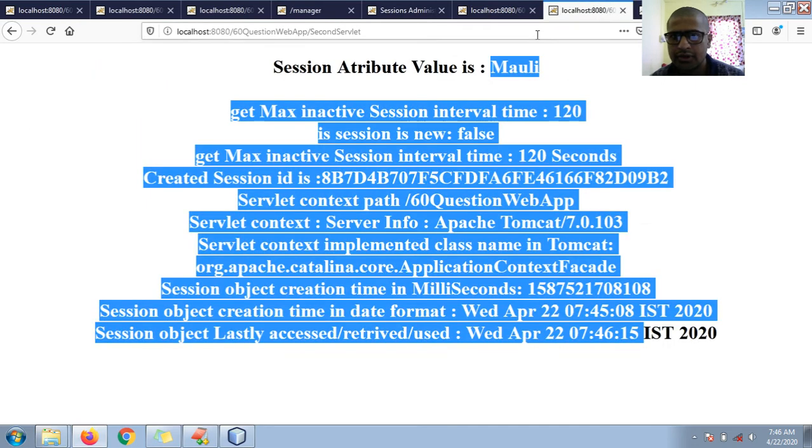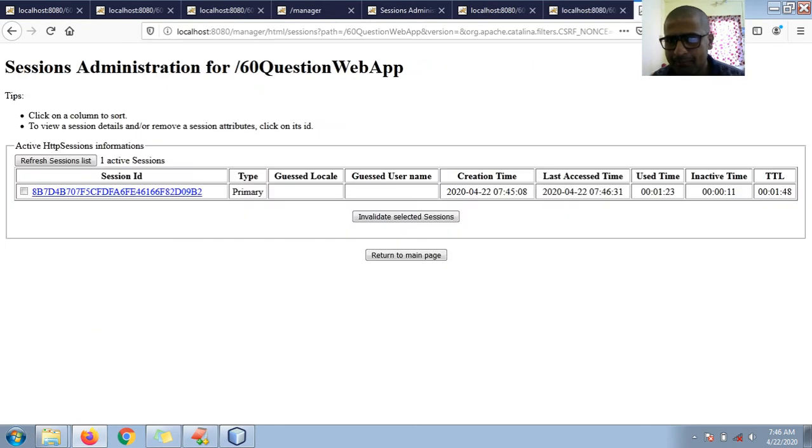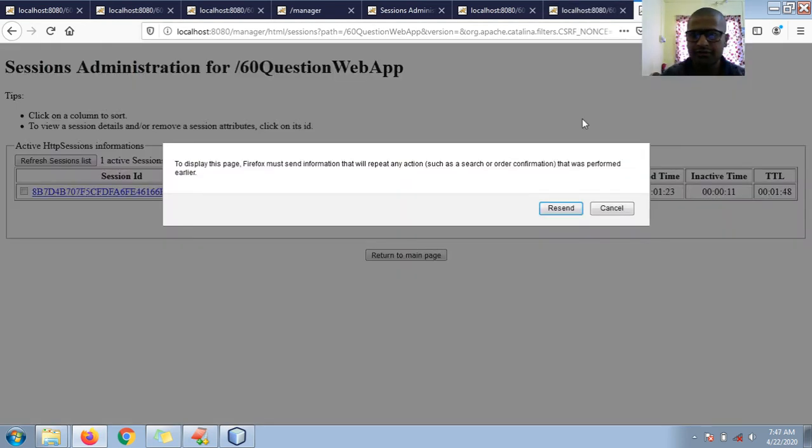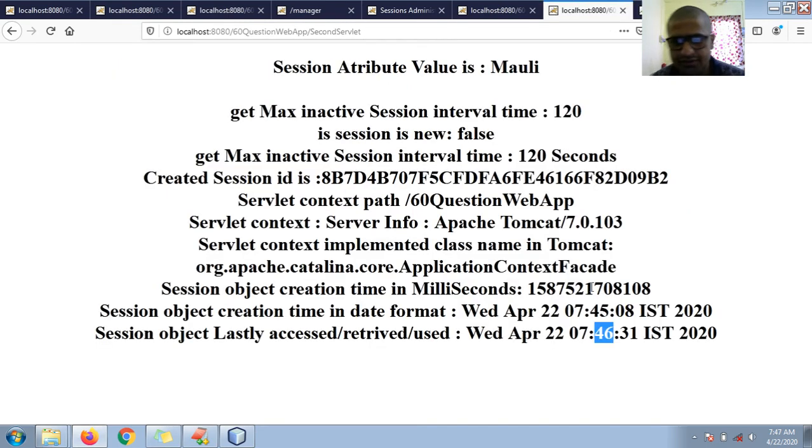So let me refresh, Control F5. 7:46:31. Okay, Control F5, resend. So here 7:46:57. Okay guys, so I'm trying to refresh and you can see the date and time is changing whenever I give the request.